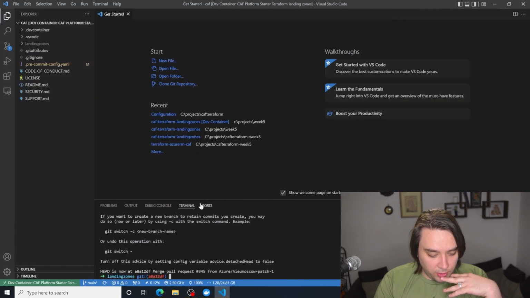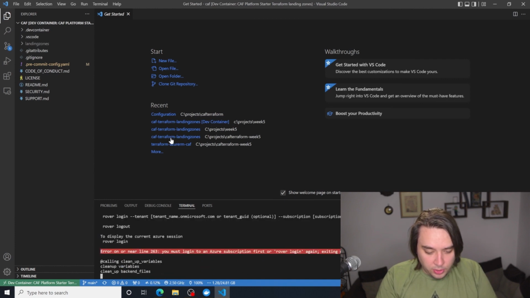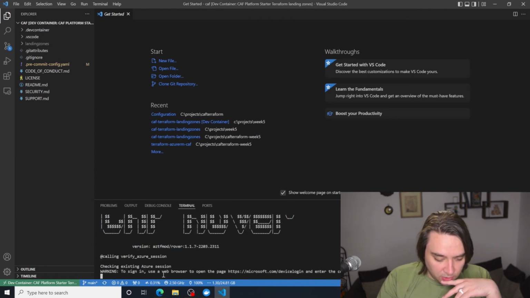So hopefully your Rover has launched and we've been working with it. If we just click on type in Rover, just to see that we are in Rover, notice that we have an error saying you must log in. So how I log in is I type in Rover login, and then it says to sign in use a